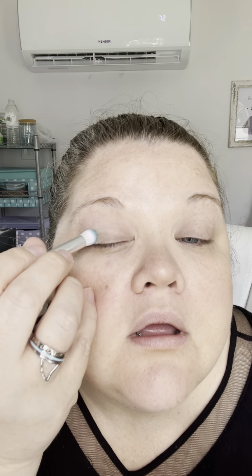So we are gonna go in with Bayou here, which is beautiful. It reminds me of the beach. So we're continuing with our blur brush, but I'm going to use this smudgy type side, right? And we're tapping in there. You can see you get a pretty good amount. And we're coming in the corner here with this guy. Now, if you wanted to be a little bit more bold on this, which I will show with the next color,